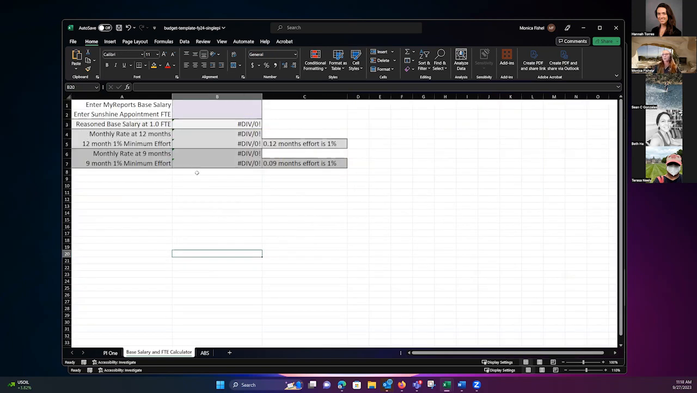A helpful tool on this spreadsheet is the base salary calculator. So let's say you have a base salary of $100,000, but let's say that's only their part-time effort. Let's say they're at 50% FTE. This gives you their full-time base. It gives you, if they're on a 12-month contract, what that rate would be per month,